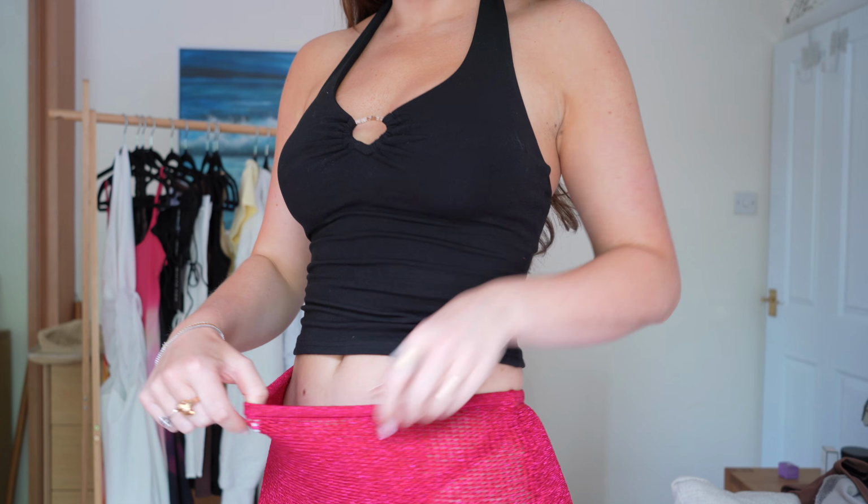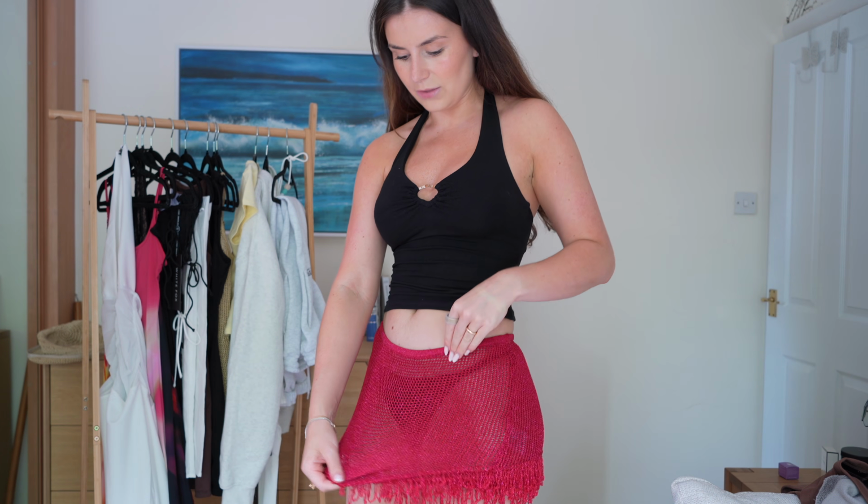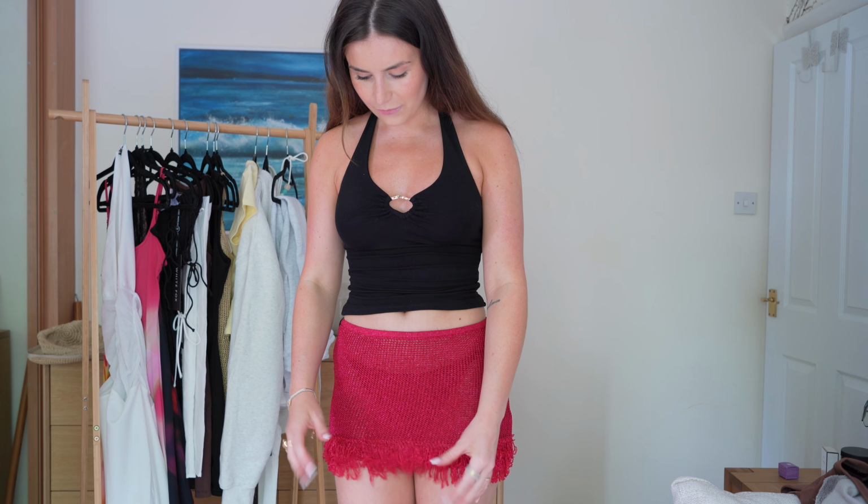Obviously, details wise, I'll just show you. It has like an elasticated waistband at the top. The whole thing is pretty stretchy, to be honest, so for sizing it can definitely be interchangeable. You can definitely size down if you wanted to, but if you're on the taller side or you have more glute, I wouldn't recommend that you do that, because even in my true to size, this is really pushing it in terms of length. This is really short,